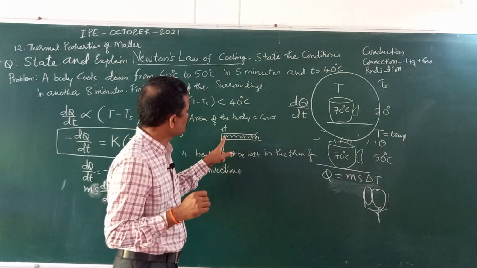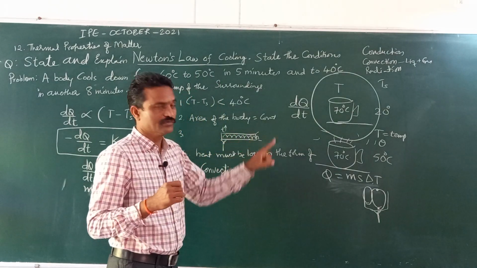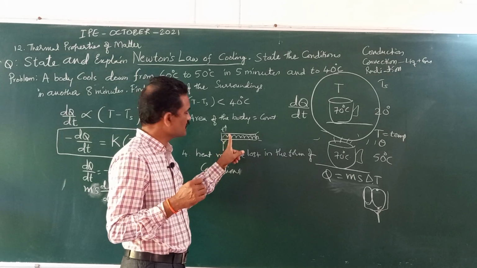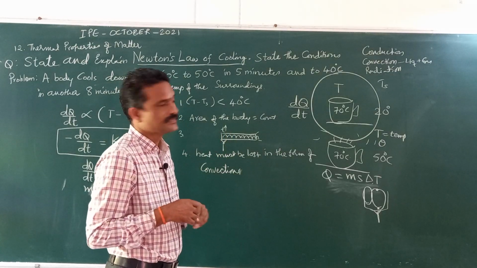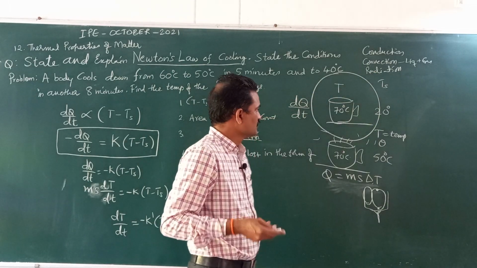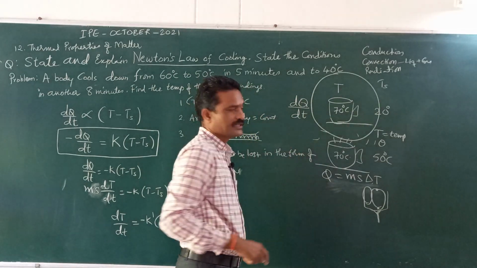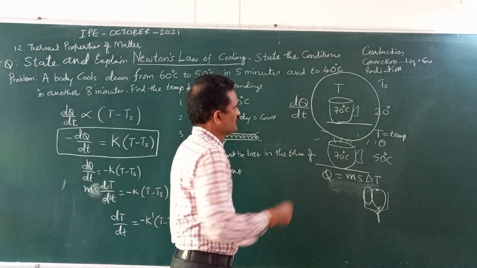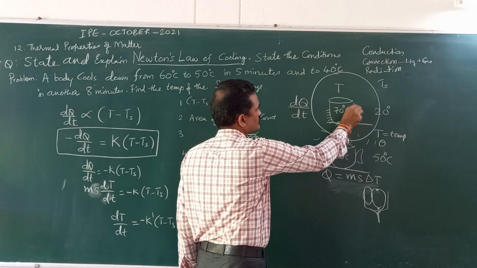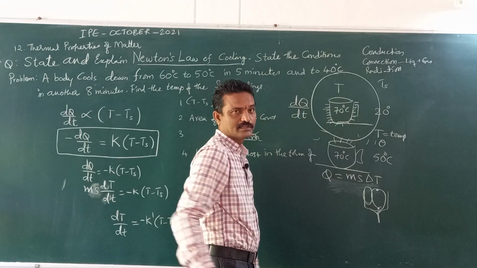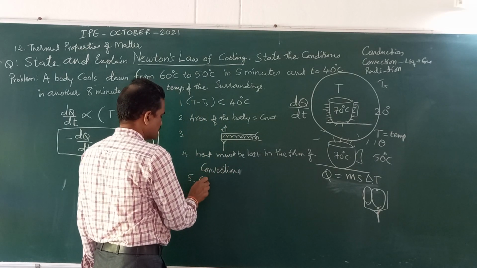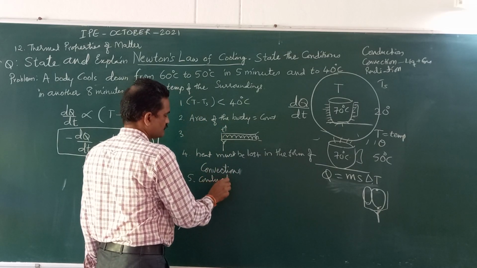Here in conduction, molecules or particles are not moving. Only heat is passed on from one particle to another particle. Radiation occurs in vacuum. Right. So when I place a cup of tea on the table, if it is a steel cup, some heat is also lost from this metallic surface. So this is conduction. Conduction is allowed, but conduction must be negligible.